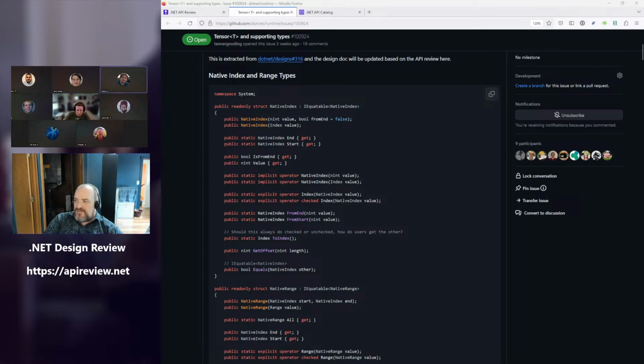It's not a native index though. It's an index. It is. No, it's not. It's an index using a native integer sized value. There's no such thing as a native index. Yes, there is. I would vehemently disagree with that statement, because all native means is that it is the size of the system. You can index into an array using an index, and if it is the size of the system for indexing, it is therefore a native index. You index into the array using a native sized integer.